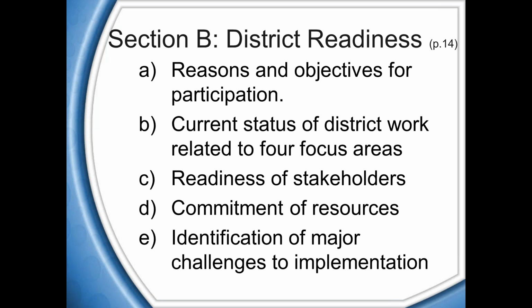So we have 5 sections in this part of the application. And we've included in the RFA a prompt for each of those 5. And then we also include some guiding questions to help you think about your responses to each of those. So the first one is about reasons and objectives for participation. Essentially, why did you apply for the collaboration grant, and what do you expect to accomplish as a result of that